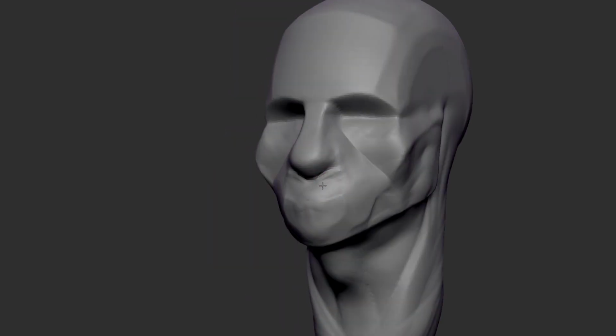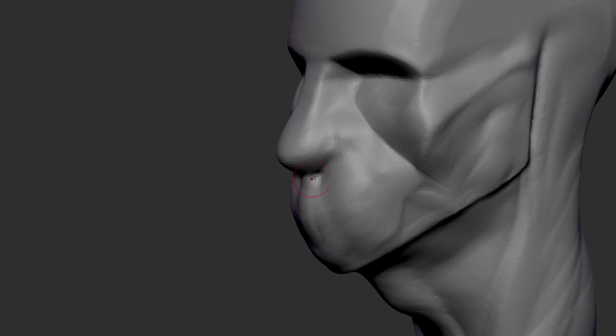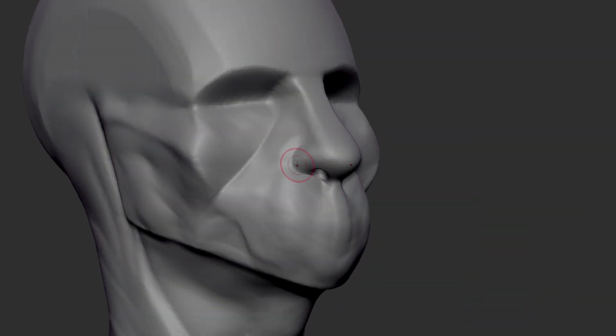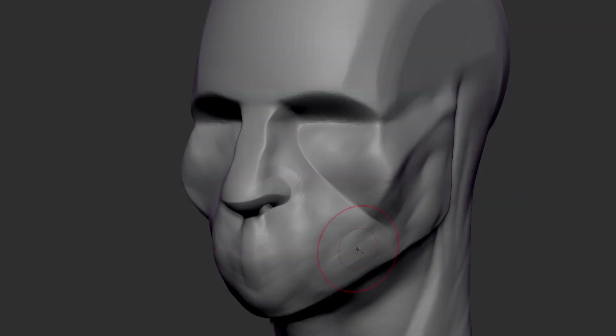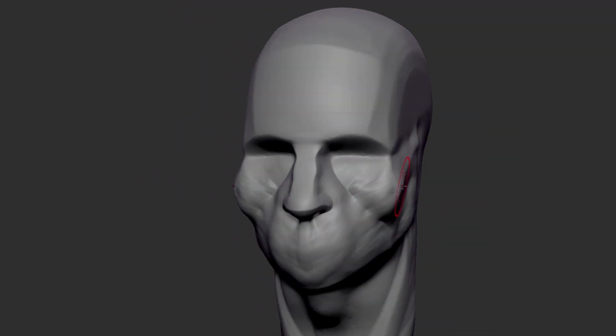But when I recognize a weakness in my toolkit, and because I've been doing a lot of these daily head sketches, I'd like to work on that skill a little bit more. And the techniques that I'm going to show you in this video are actually pulled from traditional sculpture. I don't have a ton of experience with traditional sculpting. We'll talk more on that in a moment, but at least for now, let's go ahead and get in